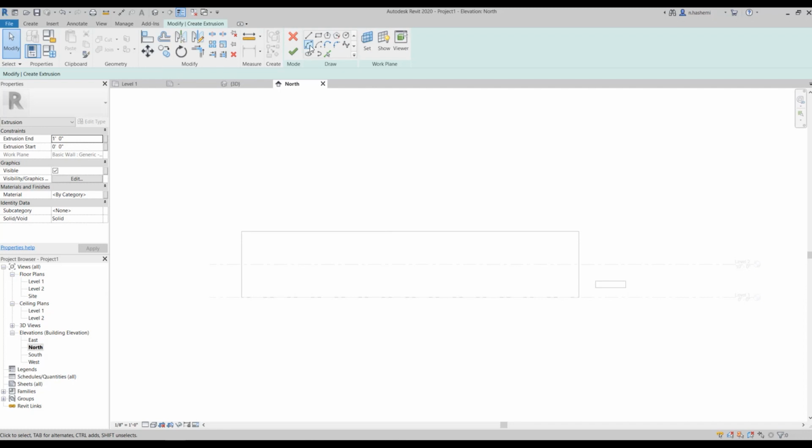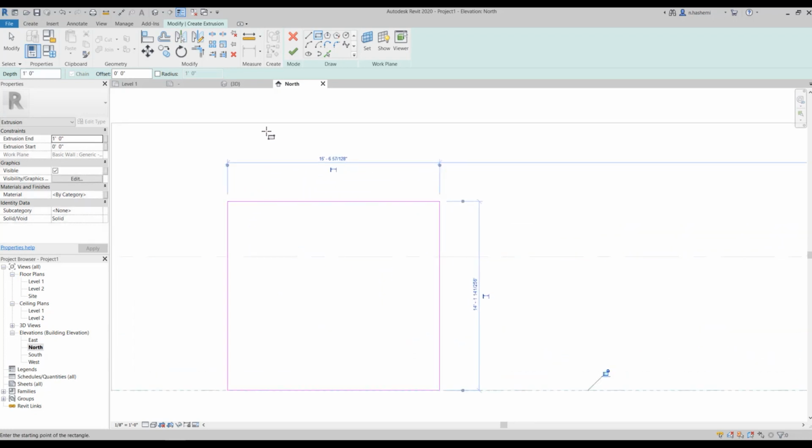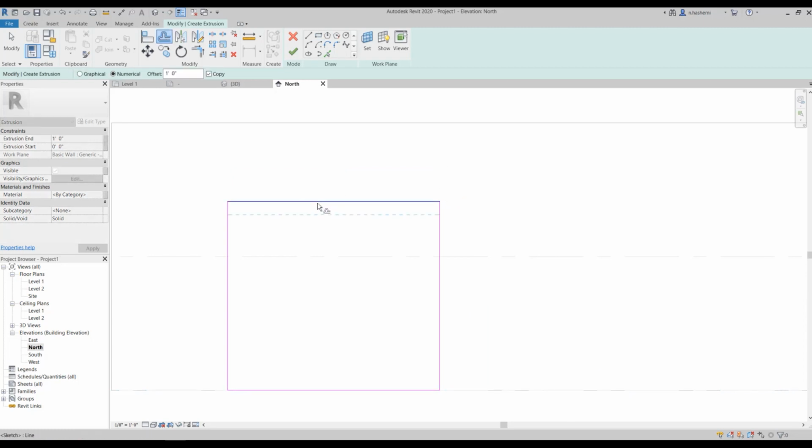So I'm going to start with the rectangle tool. And I want to have an offset. So I'm going to use the tab key to select all. I'm going to change this to, for example, 3 inches. I'm going to use the tab key.